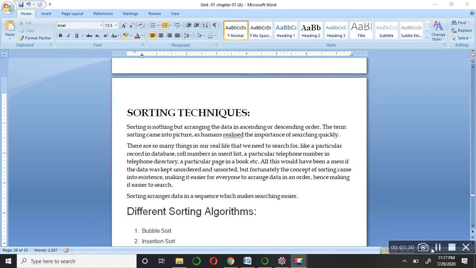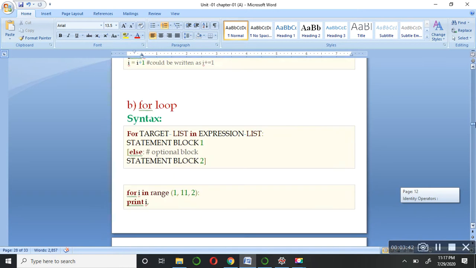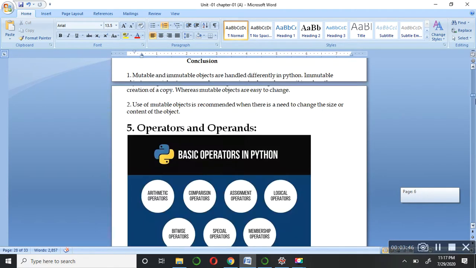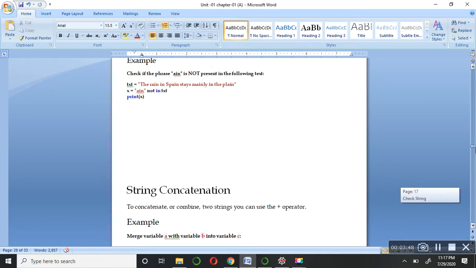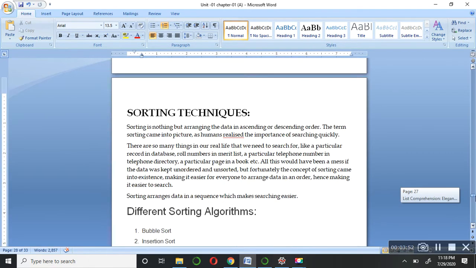As we have already discussed so many topics from the same chapter, chapter number 1, I am providing all the notes in the similar PDF file which is coming along with the video. So all the notes are provided in the same file, so that whenever you want to study there is no need to browse different files or different PDFs. You can simply read out the notes from the same file.